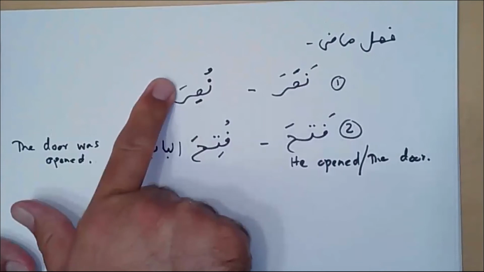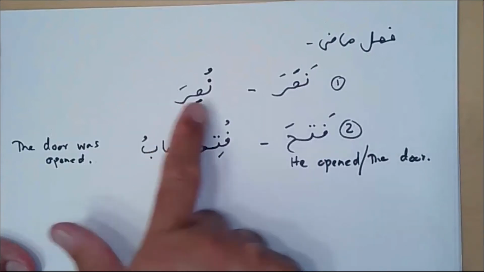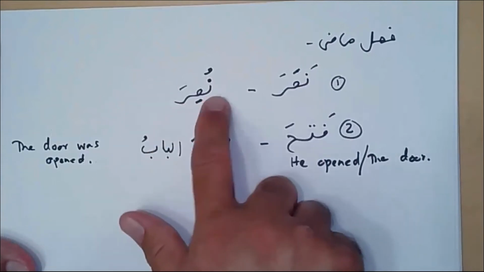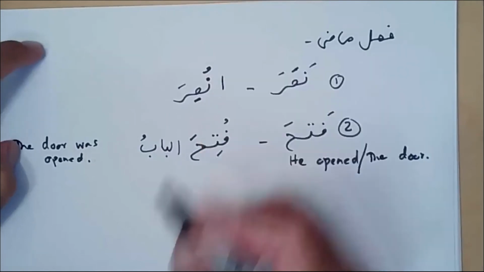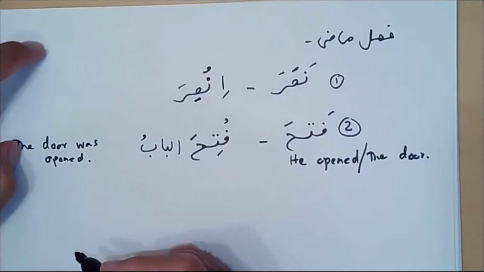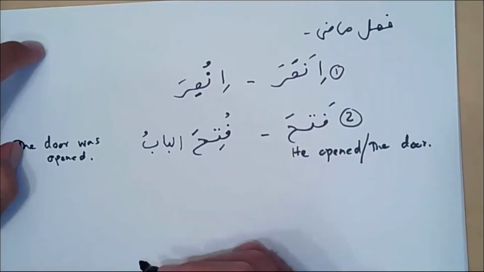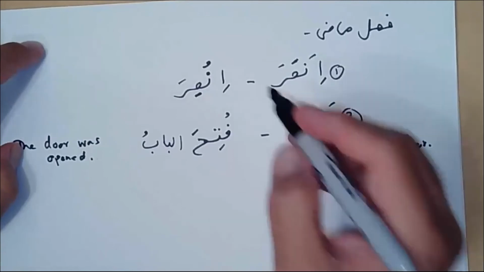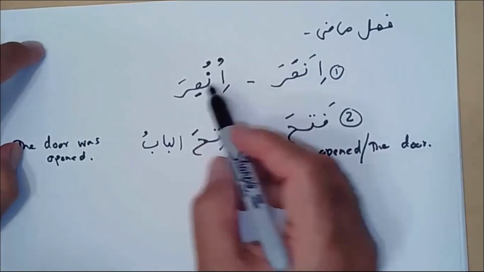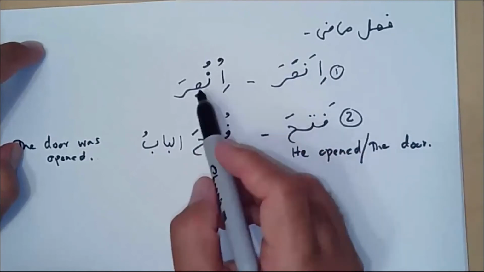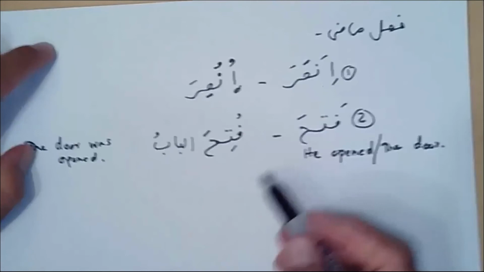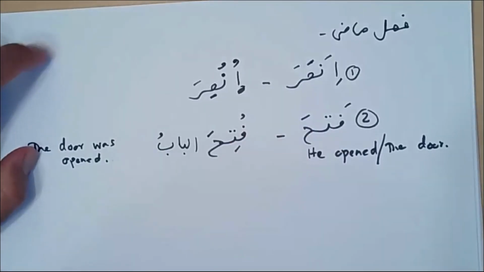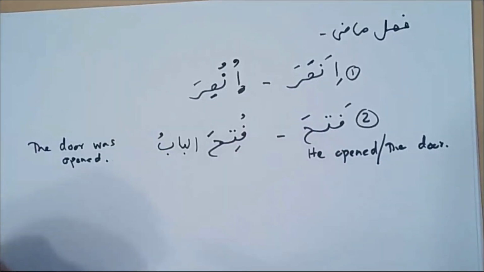The last letter you don't touch. The previous letter you put a kasra. And any letters behind that which have haraka, if there was more than one, for example, like this, I'm just giving you an example. This is not the correct example, but if there was another letter with a haraka, it will also have dhamma. Making sense? Okay.